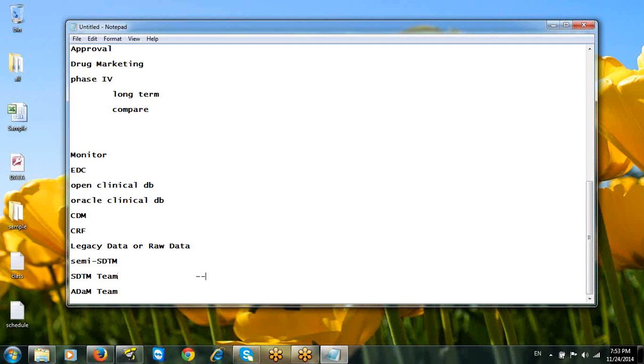From them we generate TLFs: tables, listings, and figures. We have a separate team who will generate the tables, listings, and figures, and then a separate team who will